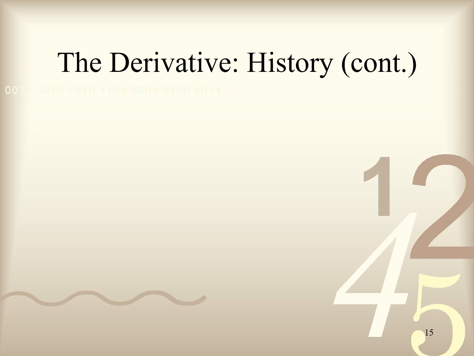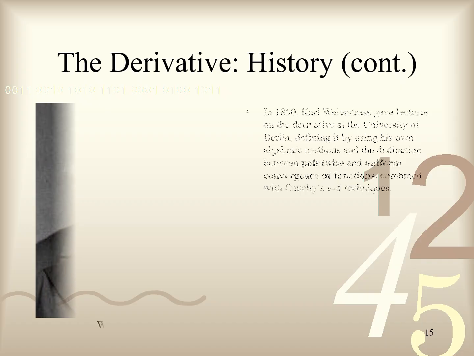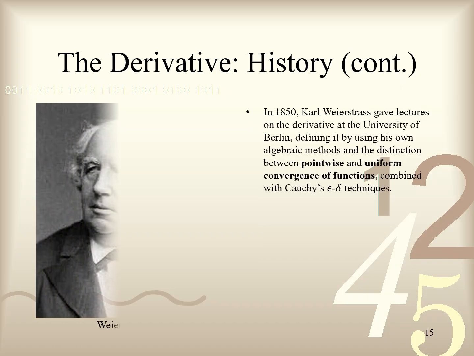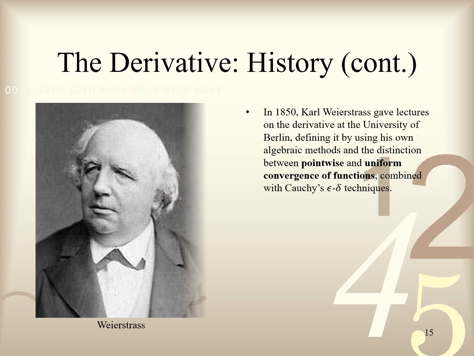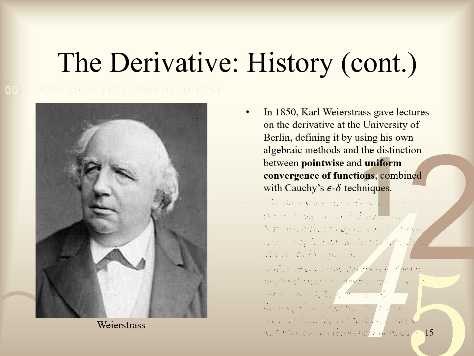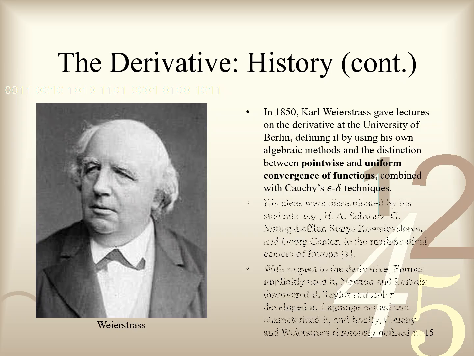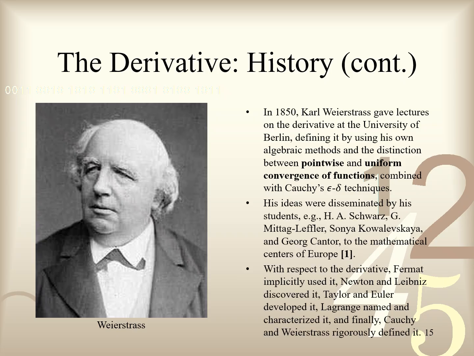We are now at the last part of our discussion of the history of the derivative. From where we left off, in 1850, the mathematician Karl Weierstrass gave lectures on the derivative at the University of Berlin, defining it by using his own algebraic methods and the distinction between pointwise and uniform convergence of functions, combined with Cauchy's epsilon delta techniques. His ideas were disseminated by his students, such as Schwarz, Mittag-Leffler, Kovalevskaya, and Cantor, to the mathematical centers of Europe,